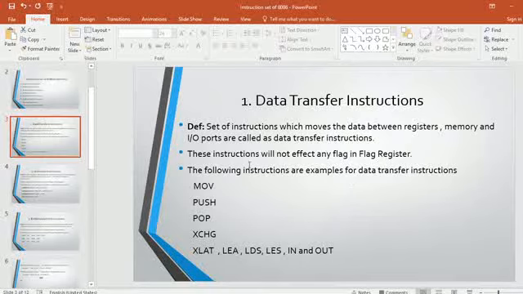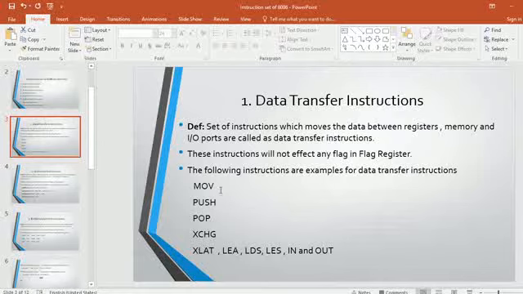So here, if you take the data transfer instructions, we have different types of instructions: move instruction, push instruction, pop instruction, XCHG, that is the exchange instruction, and the translate instruction. All these are there. Okay, now. You list out all these instructions and explain 2 or 3 instructions. During the explanation of the instruction set, we have seen each and every instruction explanation, but here you are supposed to list out all the instructions which come under the data transfer, and explain 2 or 3 instructions with examples.